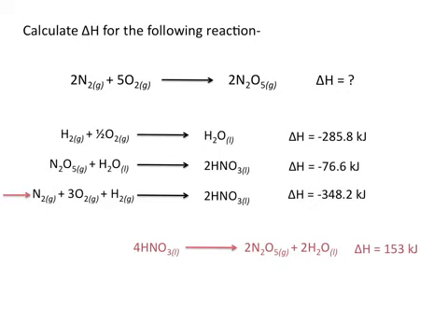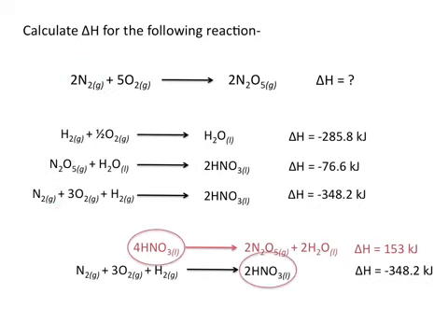Looking at the bottom equation, I'll see that I have N2 on the reactant side. And in my reaction of interest, I also have N2 on the reactant side. But in my reaction of interest, I have 2 moles of N2 on the reactant side. So in order to make this equation more closely resemble the reaction of interest, I need to multiply the entire equation by 2. Now you'll also notice in this equation that 2 moles of HNO3 are formed on the product